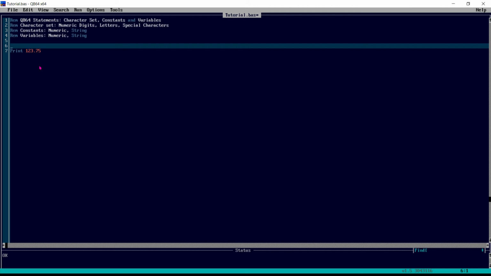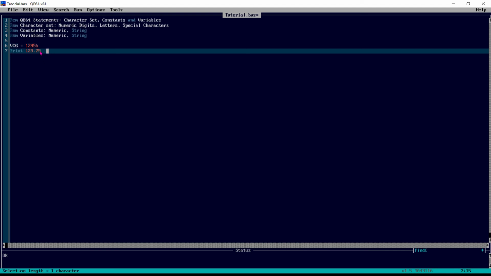Now, variables are of two types: numeric variables and, as we have seen for constants, string variables. So how can we write them? First we have to define, let's say, VCG equals 1 2 3 4 5 6. We have defined VCG as one variable with value 1 2 3 4 5 6. Now PRINT VCG.